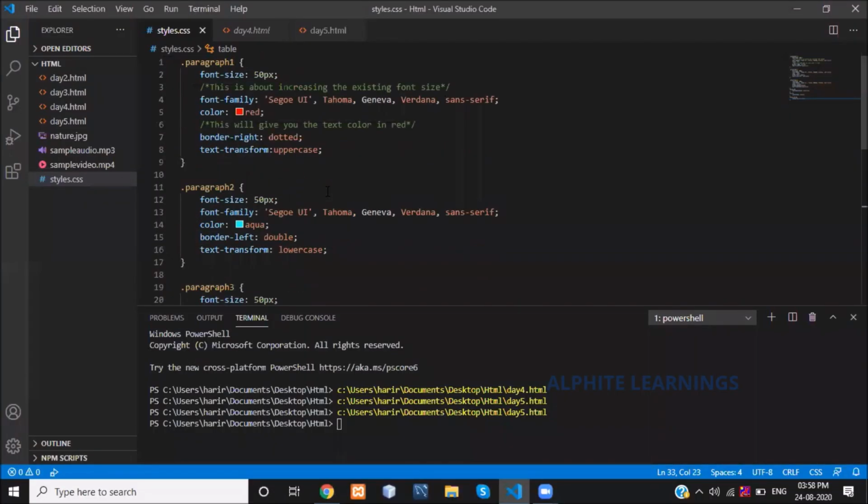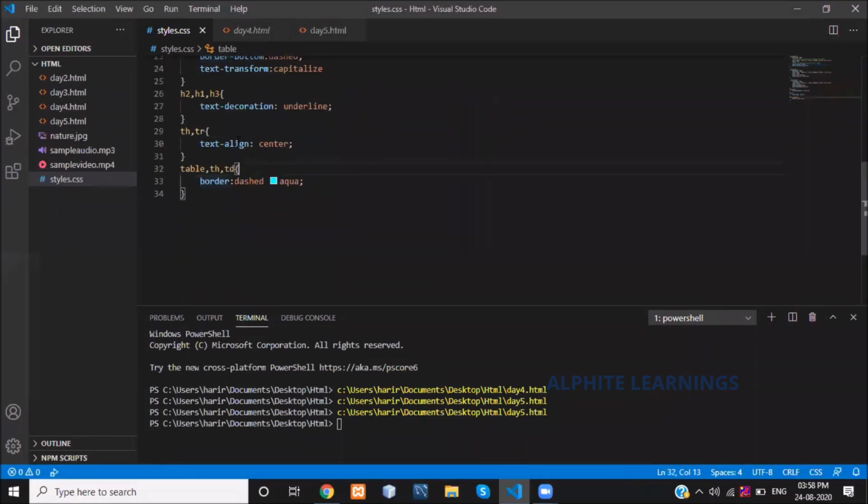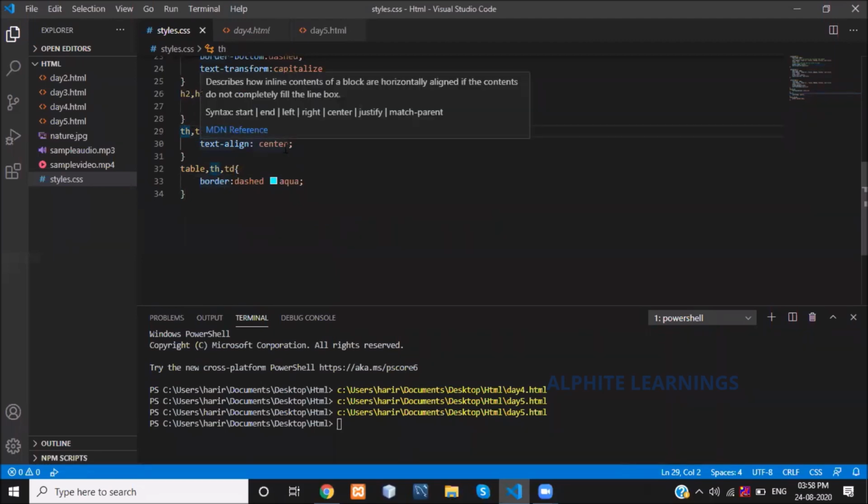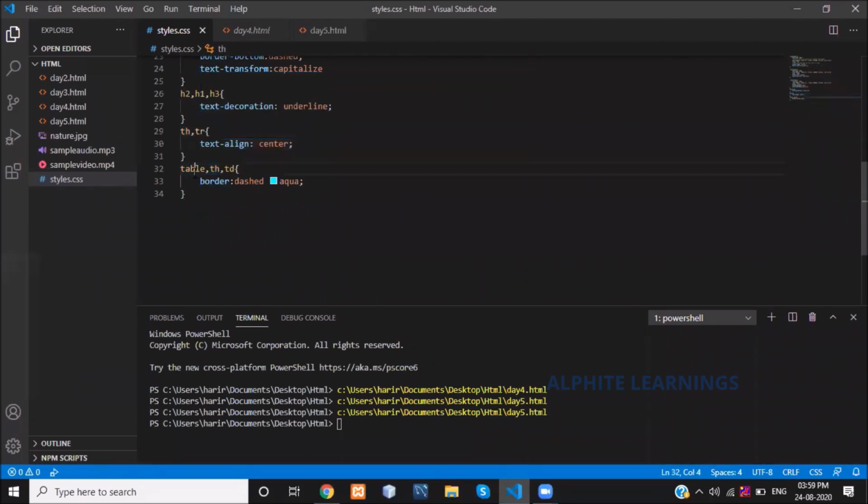For a paragraph, what we have given, if you want just a border, you can give border colon dotted. The same we are using here. For my header and row, I have aligned my text into the center. For my table, th, td, I have given the border aqua.